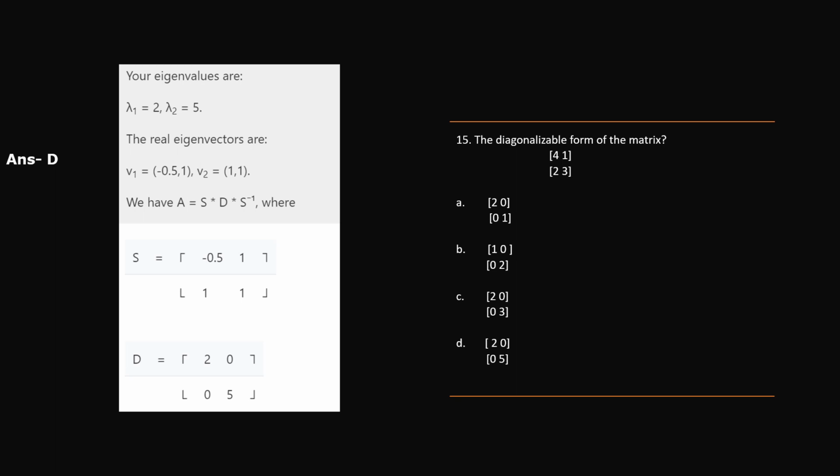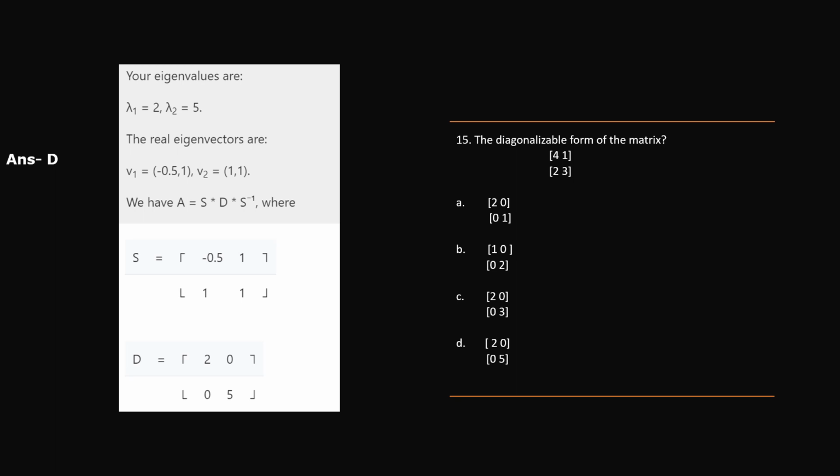So here you can see in the diagonal matrix, the 2 and 5 are in the main diagonal. Diagonalization is nothing but the process of taking the eigenvalues and putting them on the main diagonal. This is called diagonalization, and neither the determinant nor the eigenvalues change under the operations performed during the diagonalization. Like here you can see, if you calculate the determinant of 4 and 3,